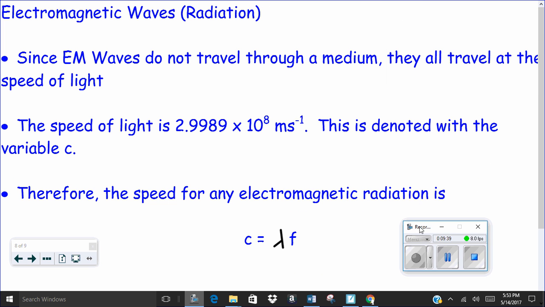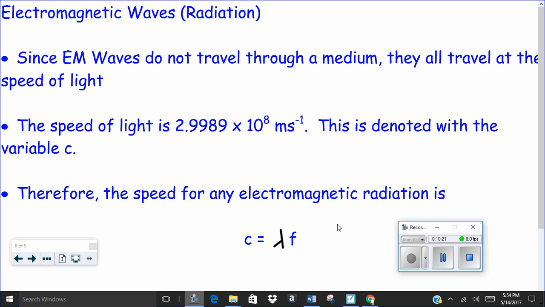Now back to that non-mechanical type of wave. Electromagnetic radiation is made from photons, which are neither mass nor energy, and they travel through the air, and not even air, in space as well, with little tiny waves. Since electromagnetic waves don't need to travel through a medium, they all travel at the speed of light. So whenever we've got light from the sun that's traveling to our Earth, all of those photons are traveling at